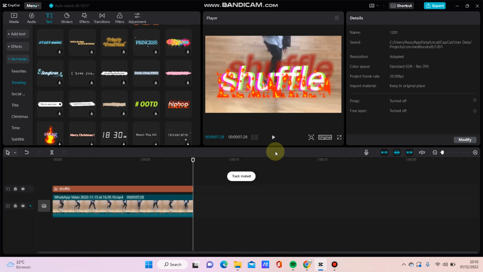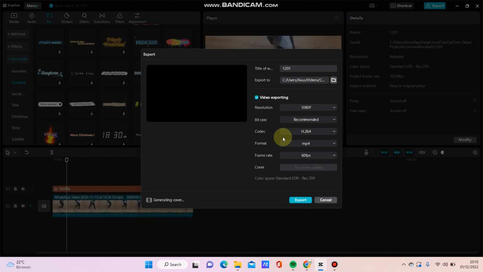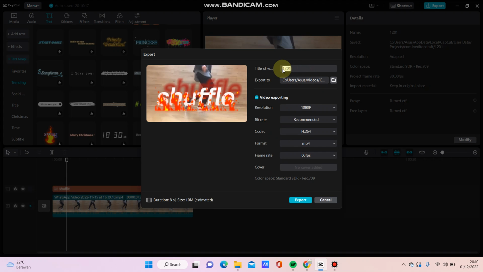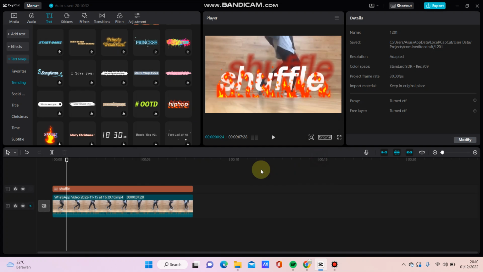Okay, just export. Click the export button in the top right corner and then click export. Waiting for the processing. Okay, just delete this text